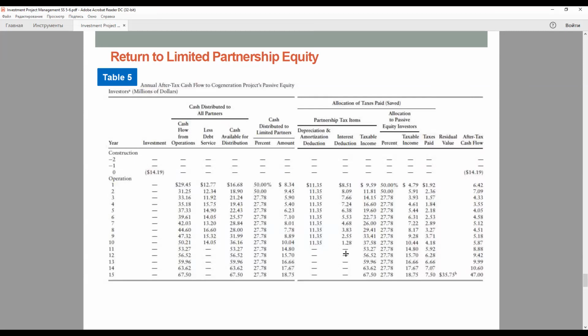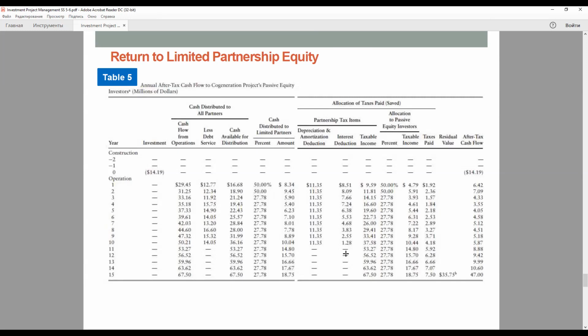The engineering firm and the local utility invest identical amounts. Recall the finance and equity structure that we have. Each has the same expected rate of return, and I refer to it as the rate of return to sponsors' equity, so the portion of the equity provided by sponsors. And I refer to the expected rate of return to the passive equity investors as the return to limited partnership equity, just to distinguish between the limited partners and the general partner.